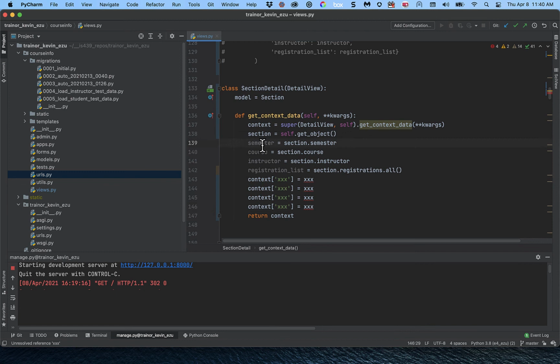So the first one's going to be semester. Highlight that, paste it over. Highlight the other part, paste that over. And then I'm going to copy course and put it down here. And then I'm going to copy instructor, and copy it over here too. And last, I'm going to copy registration list, and copy it down here too. And that should do it. So we retrieved all of these things. And then we use them